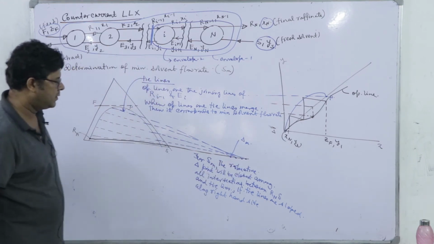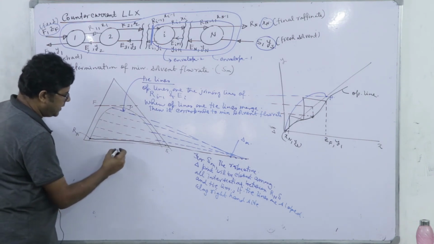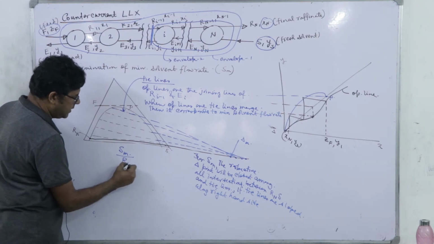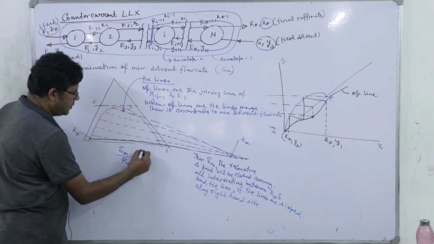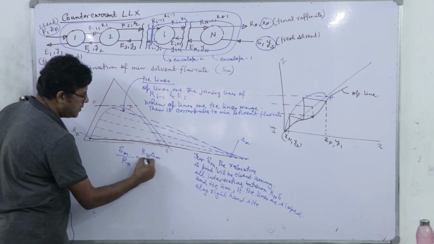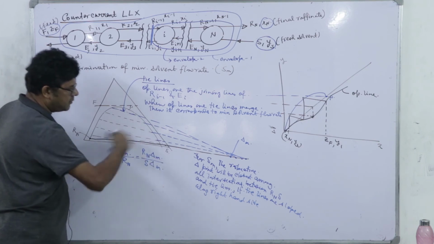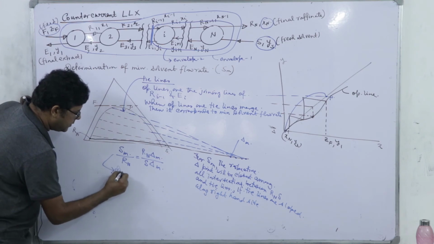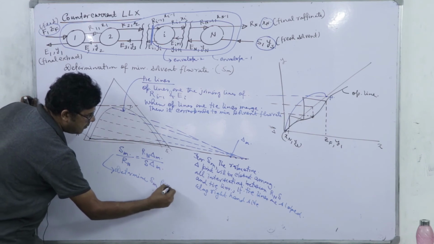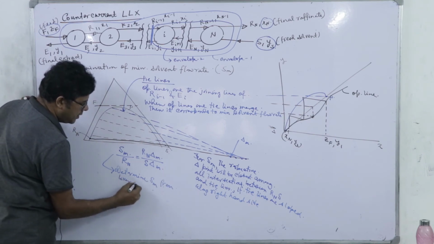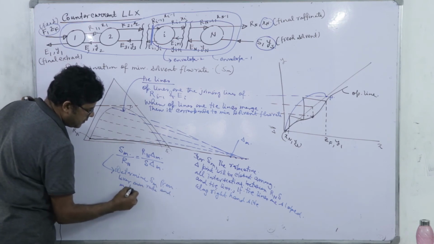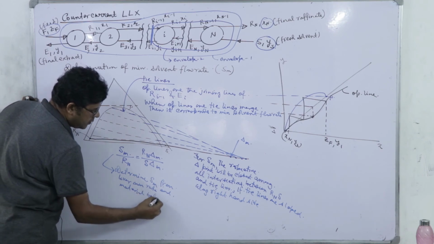So, once I know this point, so definitely Sm by Rnp is equal to Rn into delta m by S into delta m, from the lever arm rule. Determine Sm from lever arm rule and material balance